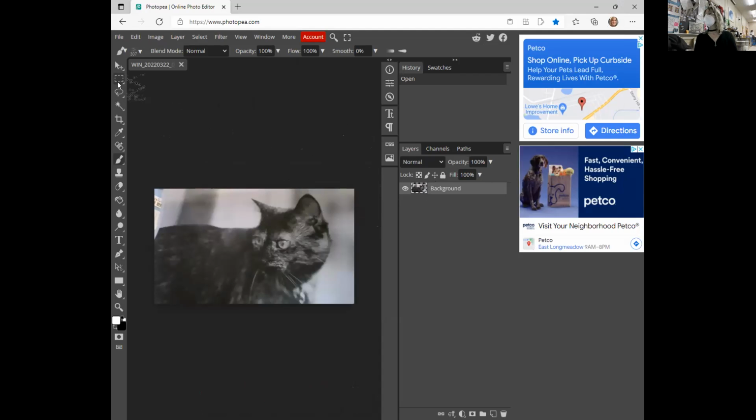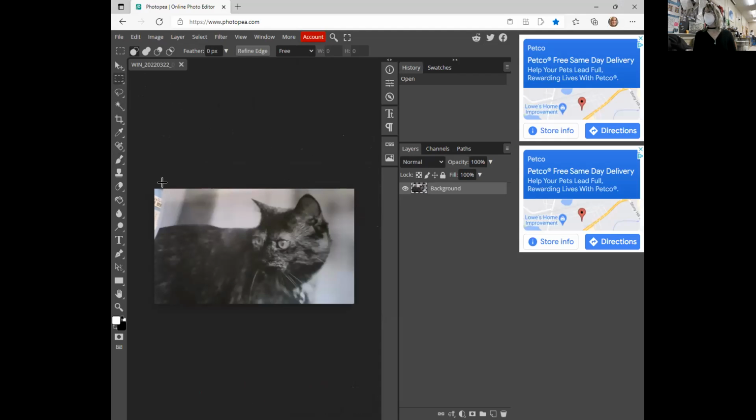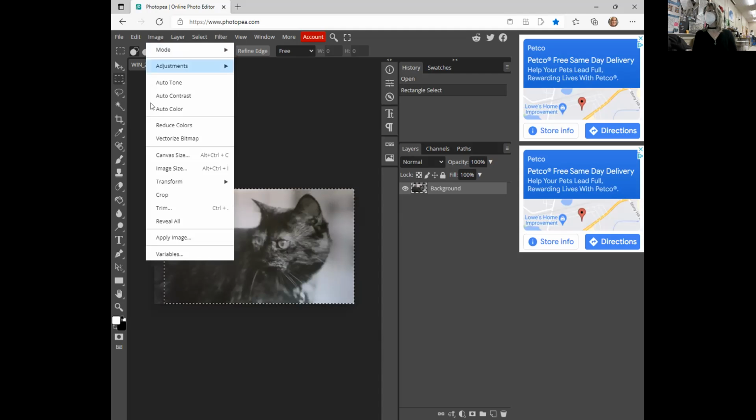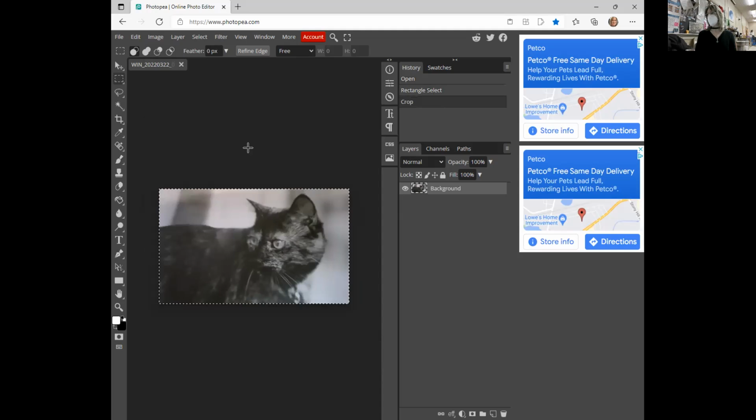And what I'm going to do is crop off this little bit over here. So I'm going to select this area, which is what I want to keep. Image, crop. Okay, so there she is. So now I want to